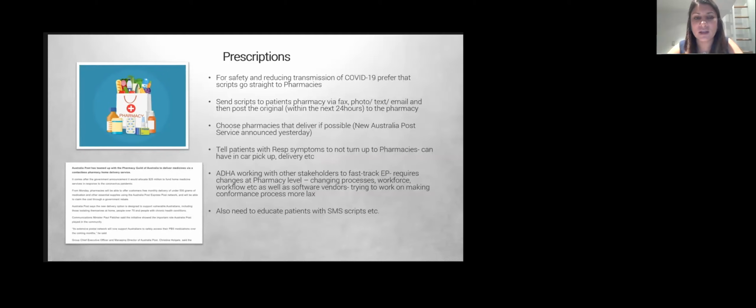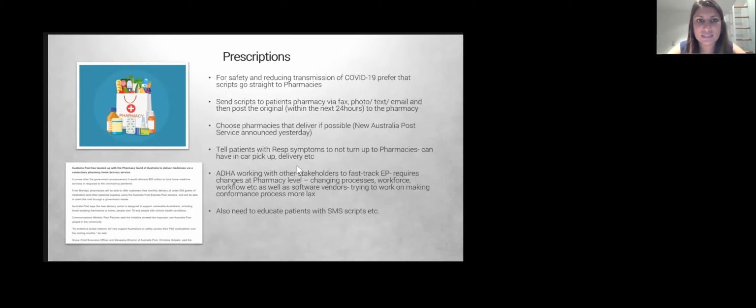So my advice is to ask the patient what pharmacy they wish to get their script filled at, so you're still giving the patient choice. I wouldn't say, okay, we're sending all of our scripts to this particular pharmacy. I don't think patients would take to that too lightly. You can have a rule around it, like we're not going to start getting all these details of pharmacies that are 20, 30 kilometres away, but for the nearby ones, you can choose any of them and we'll get the script to the pharmacy directly.